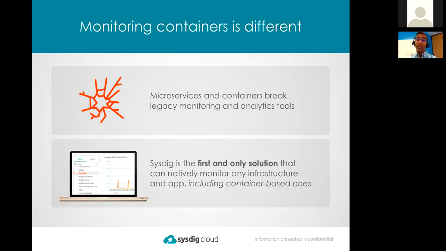What's been interesting from our perspective is that as you move to microservices and container-based infrastructure, we're typically finding with our customers that those architectural shifts break legacy monitoring and analytics tools. And that's the reason Sysdig was born. That's what we focus on, which is this next generation of technology and understanding how we can technically implement a more robust, more suitable methodology for monitoring, troubleshooting, and alerting these really complex distributed systems.